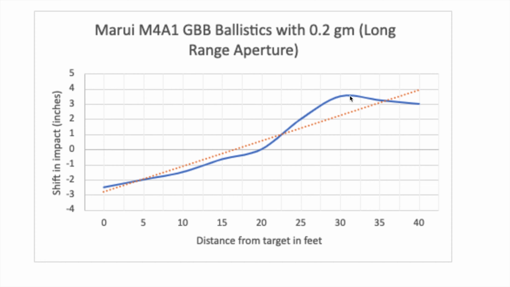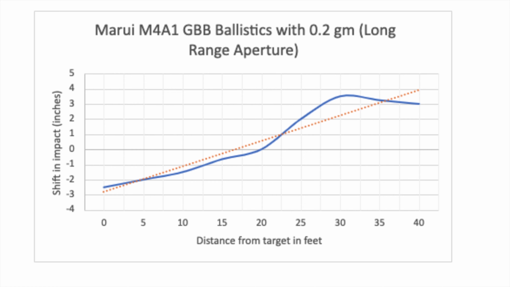That's keeping the long range impact in there. And don't worry, we'll find a way to fix this. Then of course it levels out afterwards, and I didn't have anything further than 40 feet to test this. But it probably starts coasting around 3 inches, and it's going to start dropping and dropping, and it probably drops back to the line of sight, parallel with the 0, at around 75 feet. That's why when we're zeroed at 20, you're good at 75, theoretically speaking. If you need to shoot further, like I said, you can dial the rear elevation up,